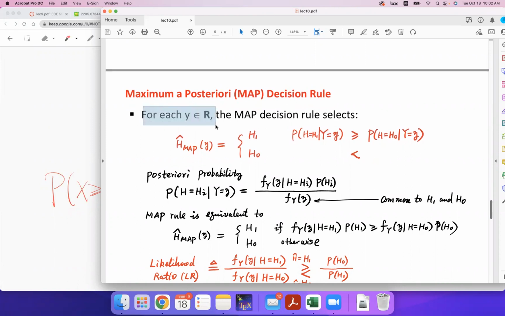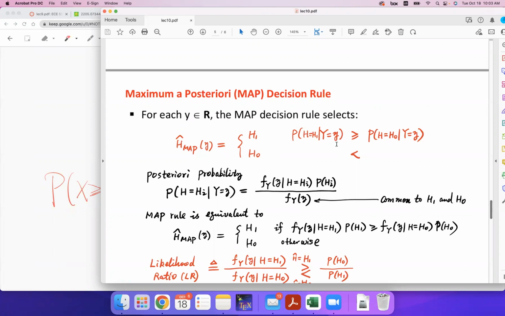Now let's look at this decision rule. The decision rule is defined as follows. Once we observe a signal y, this is how we decide under the MAP rule. This is our notation: the MAP rule is a function we denote as H hat MAP. This function will map this observation Y to this binary hypothesis. And the way that it chooses between these two hypotheses depends on the